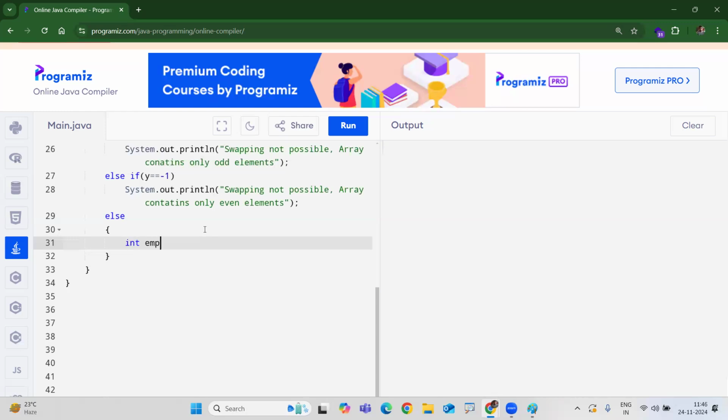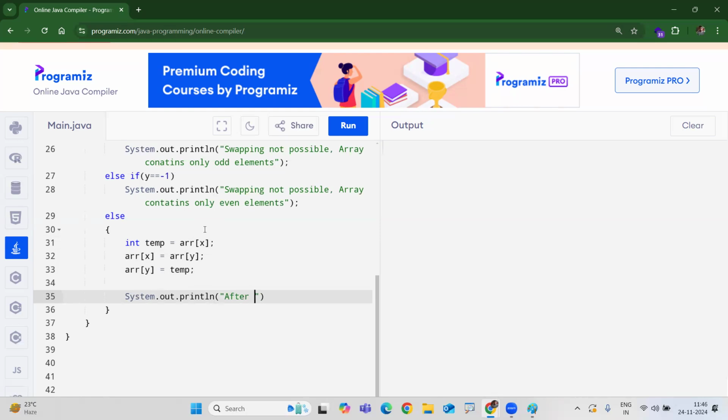See, what are the values we have to swap? X location and Y location elements. We are storing arr of x into the temp value, arr of y into arr of x, and the temp value into arr of y. After swapping, the array is printed starting with 0 to length minus 1, i plus plus, printing the values arr of i